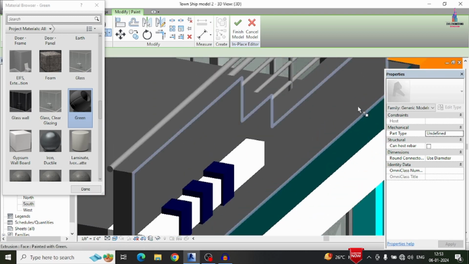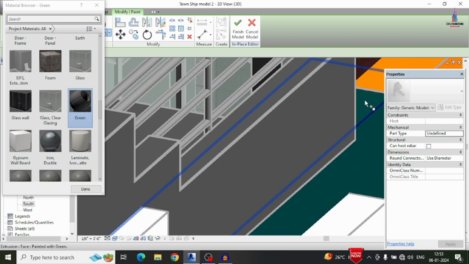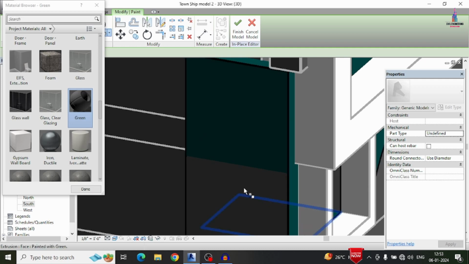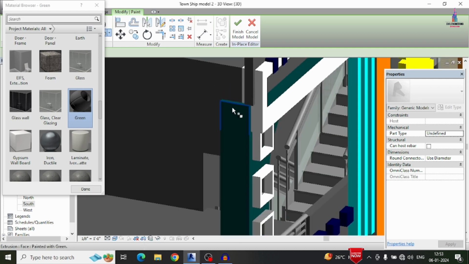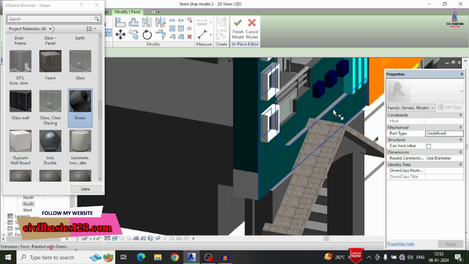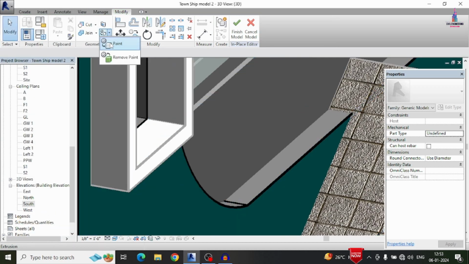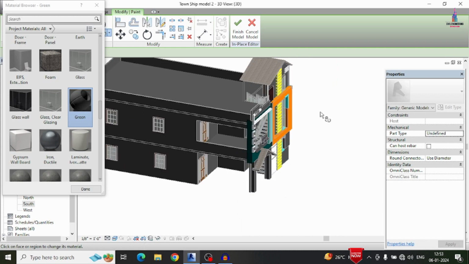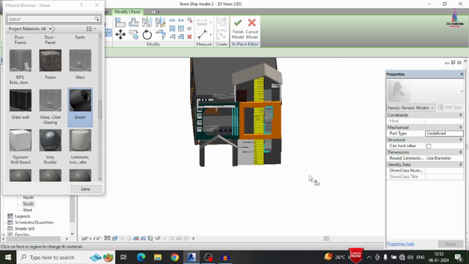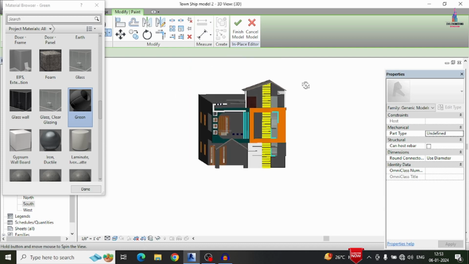In the same process we will apply the color to the top section, the left hand side section also, and the bottom section also. Here you can see I have applied all the color patterns for this location.